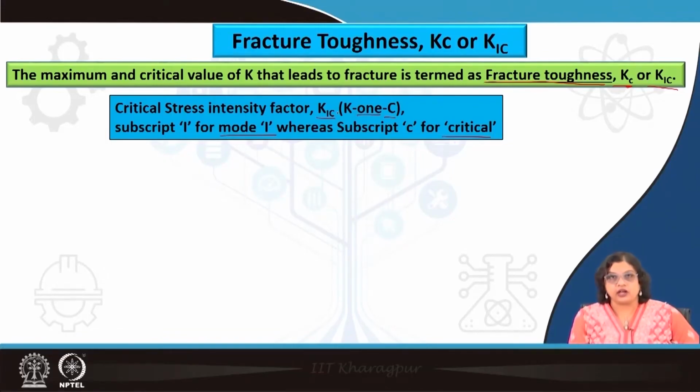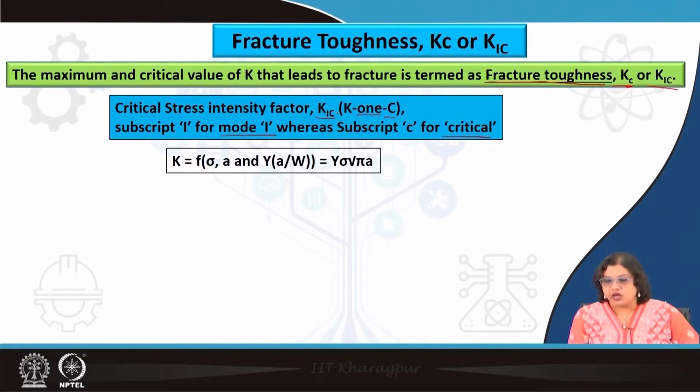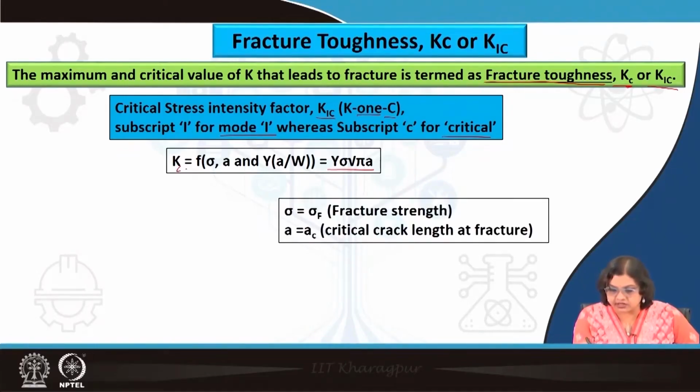Now, this critical value of K at which fracture will occur is a fixed one. Whenever such a value is reached, a fracture will materialize. That is how Kc is very important. If we know the fracture toughness value of a material, we can determine when the fracture will occur, or whether we can increase the stress further so that there will still be no fracture. So if we use this relation, K is given by Y sigma root over pi a, at the point of fracture when K turns to Kc or K1C,